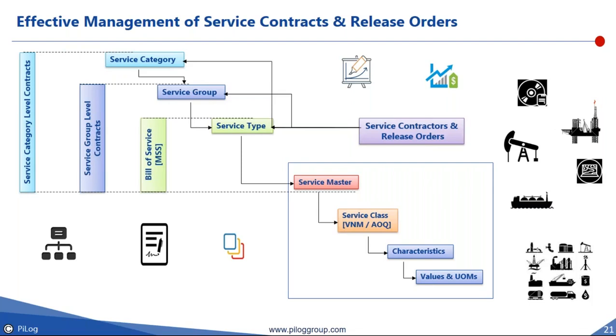What is my category? How do I group the categories? What is the service type? What am I looking at? Does it help me to define the services effectively in terms of whether I have the right information set there? Does it have the right information categorization? Does it have the right information structure in terms of what kind of task I would like to